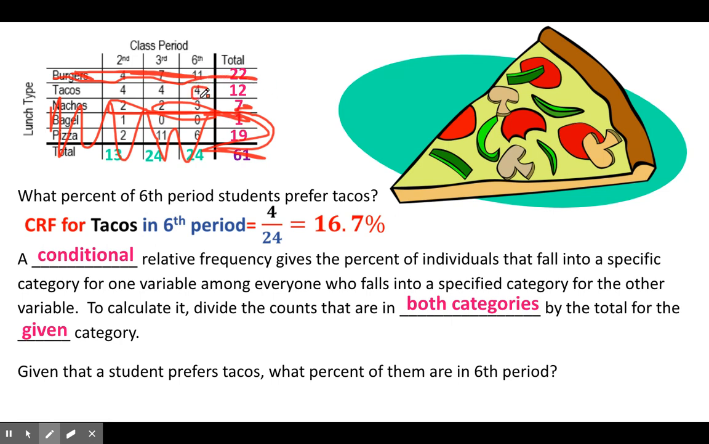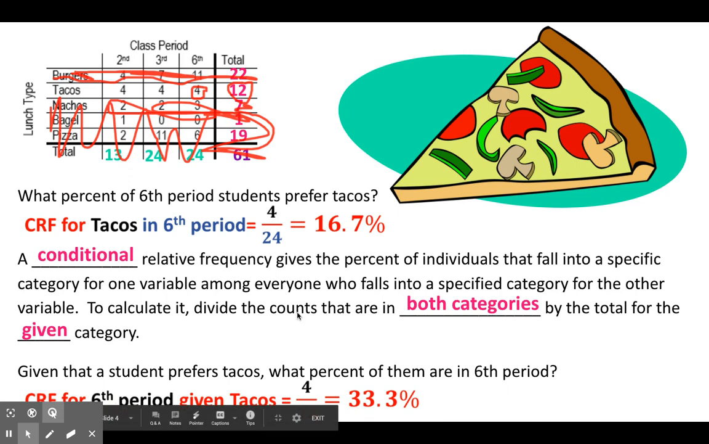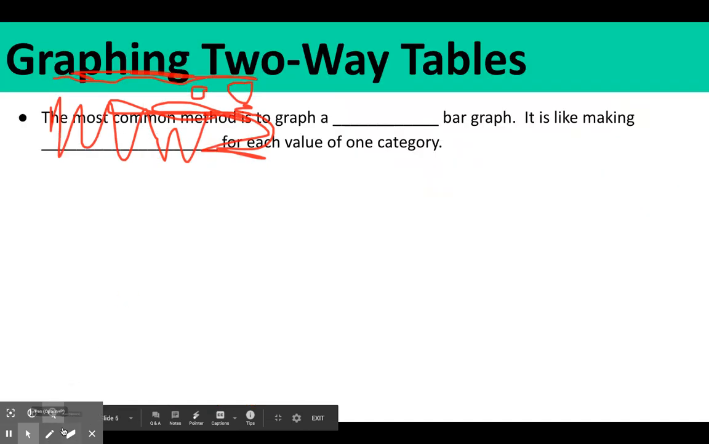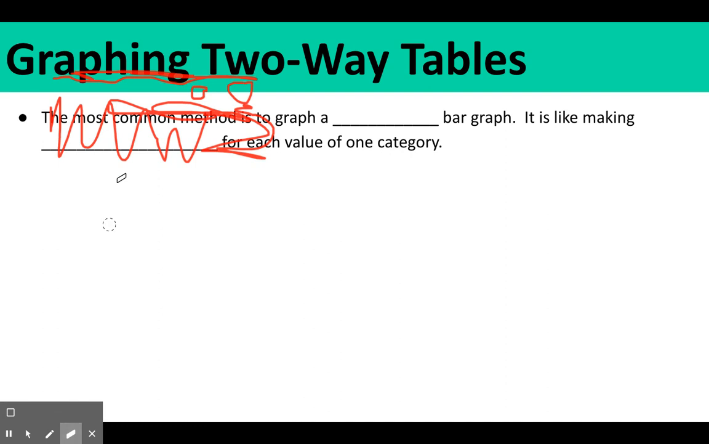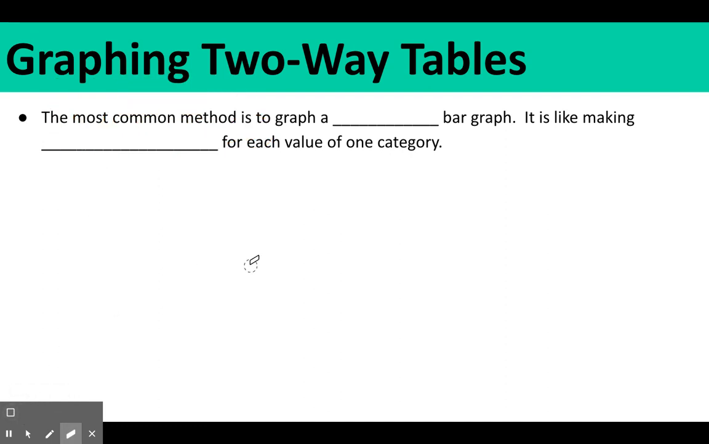So I have 4 people in that row are in sixth period out of 12 people total, right? So we do 4 divided by 12, which is 33.3%. Now I have to erase it. There we go. So when we graph a two-way table, the most common way to graph a two-way table is